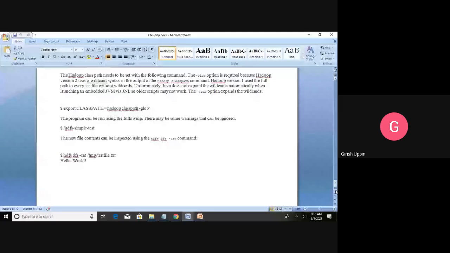Since everybody is comfortable with Java, if you understand the Java implementation of the HDFS application, that is good. On similar lines, the C implementation has been done using the appropriate C libraries.